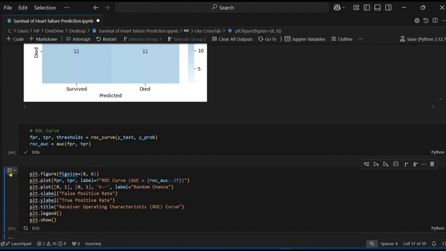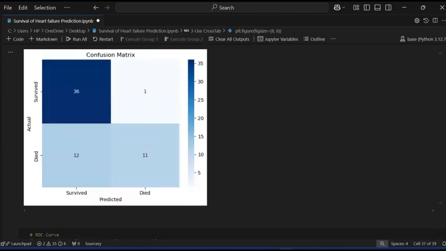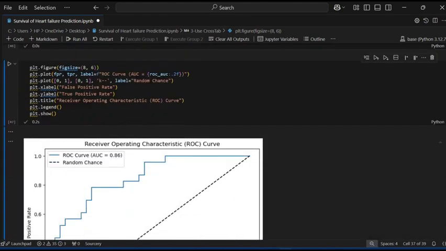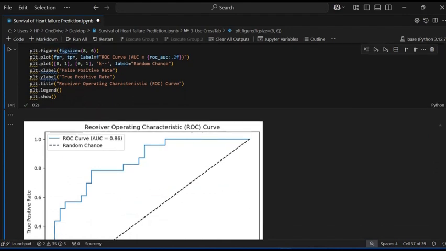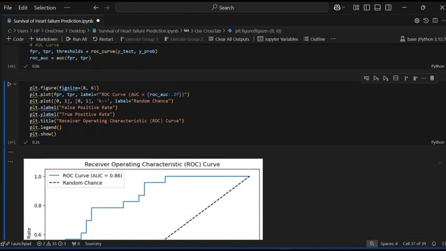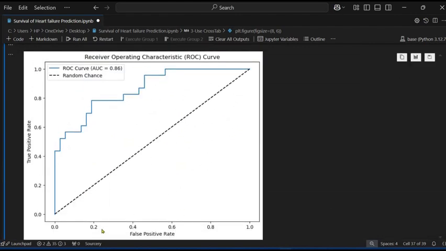So it gives the receiver operating characteristic, ROC. It gives the true positive rate and false positive rate. ROC is mainly used to visualize the model performance in classification, plotting the true positive rate against the false positive rate. So this is the false and this is the true.